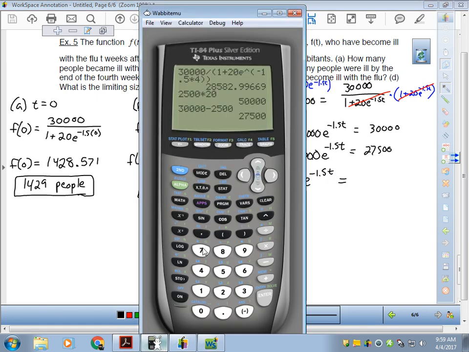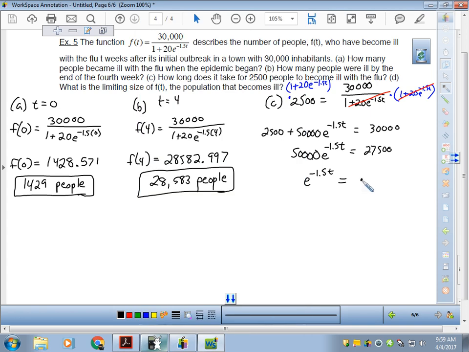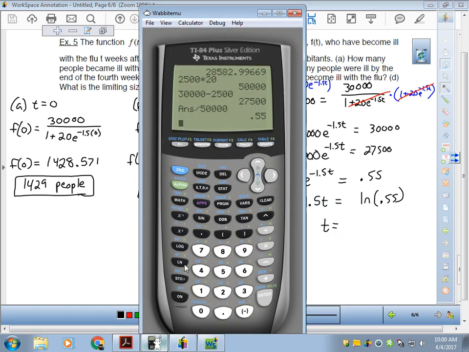So I'm going to take that 27,500 and divide it by 50,000. So that's 0.55. Then we'll take a natural log on both sides. So negative 1.5t equals natural log of 0.55. And then you would divide the negative 1.5 across. So natural log of 0.55 divided by negative 1.5 gives us,